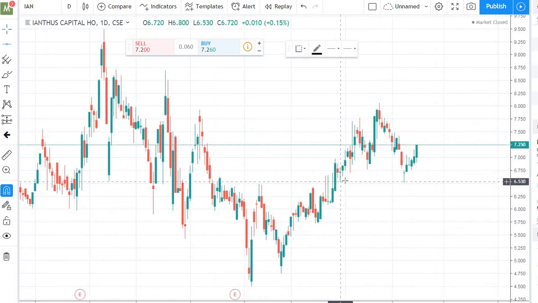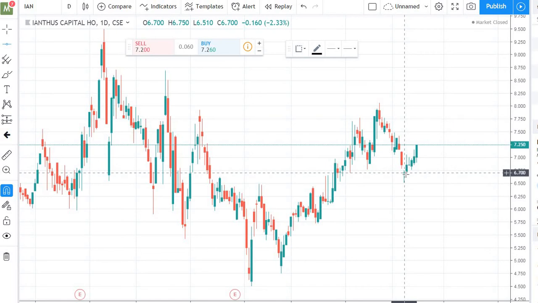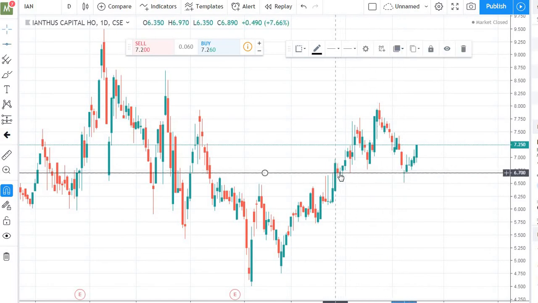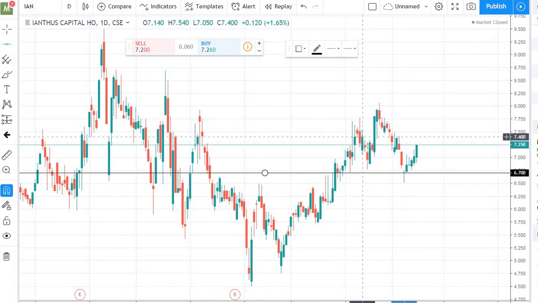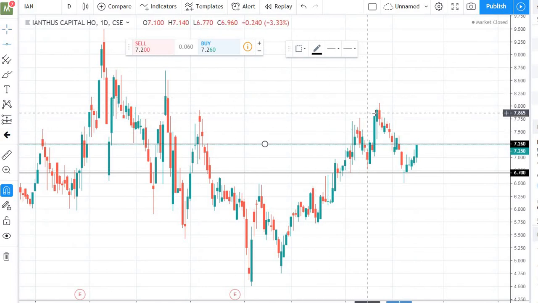I'm back. I just realized I didn't really explain how I picked these very well, so I'll just go over this one more time. We're going to look here, support. We had two really tight hammers here, so I'd treat that as pretty good support. Resistance, pretty much right where it closed on Friday. Our next level of resistance,